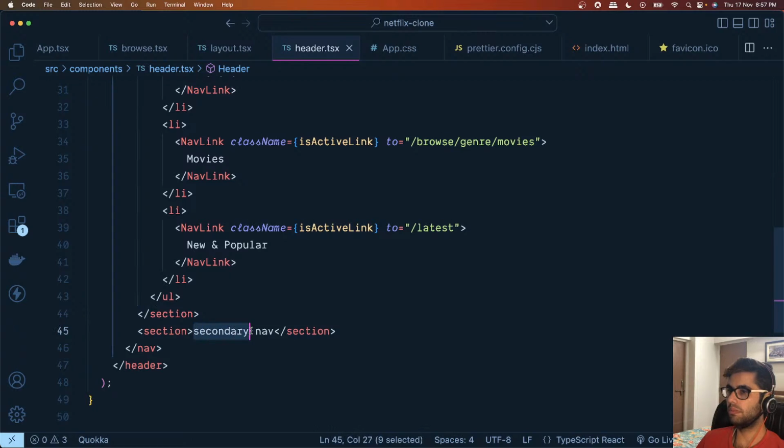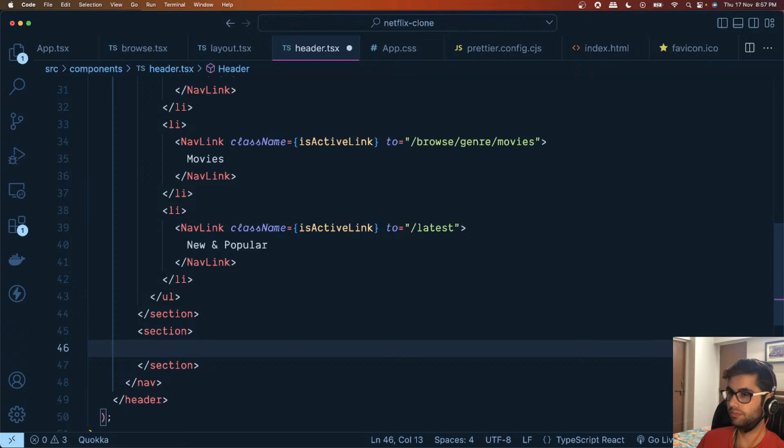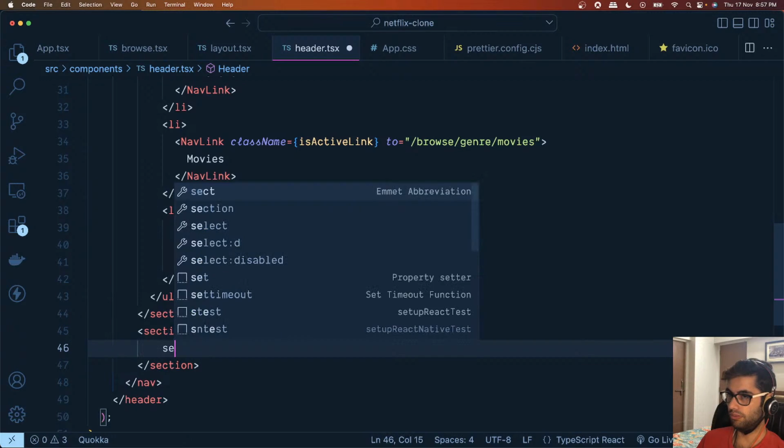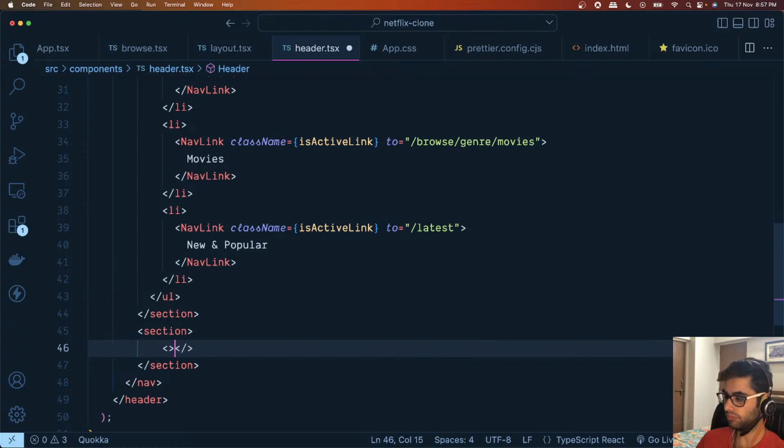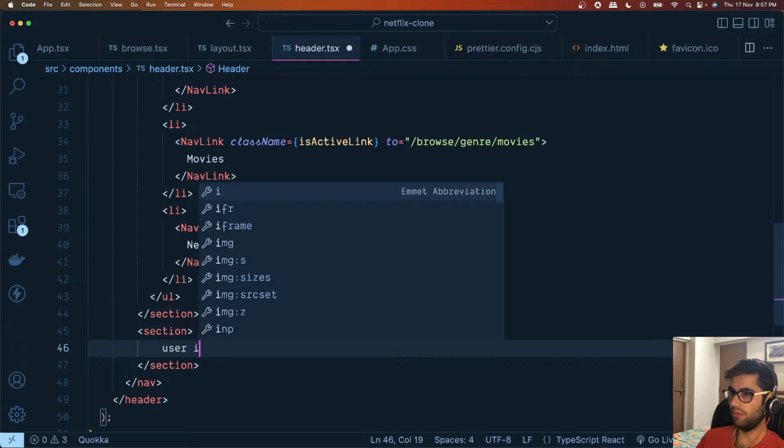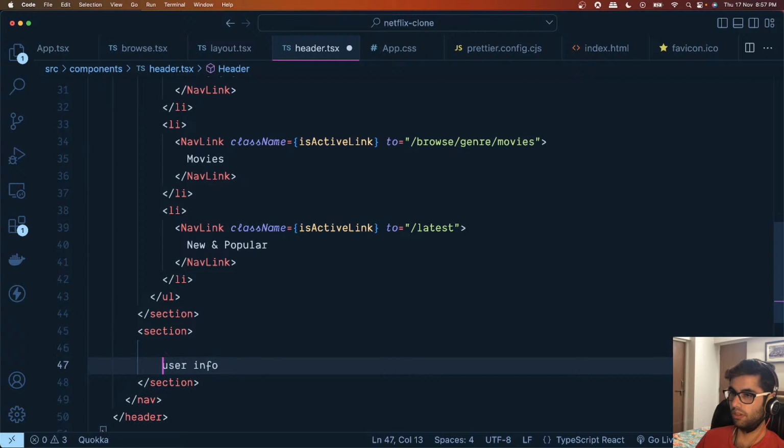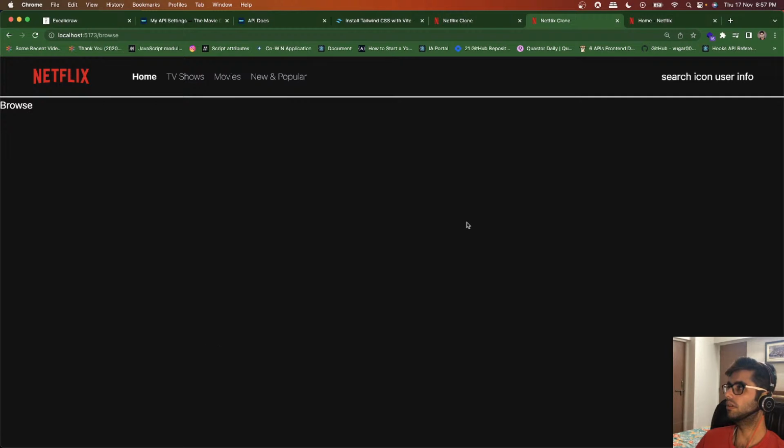We'll work on this part when we come here, but for now I'll just add some components here. So search, so we'll display the user info and the search icon. Okay, all of that will come here. All right,